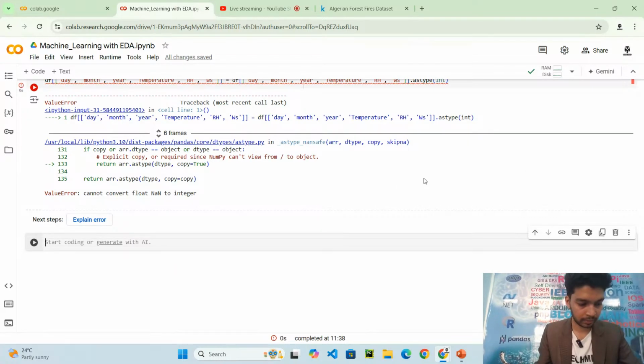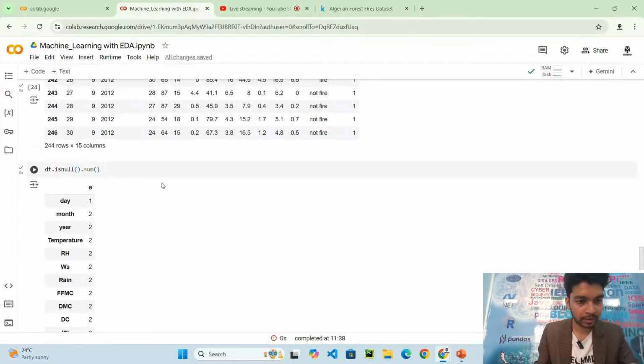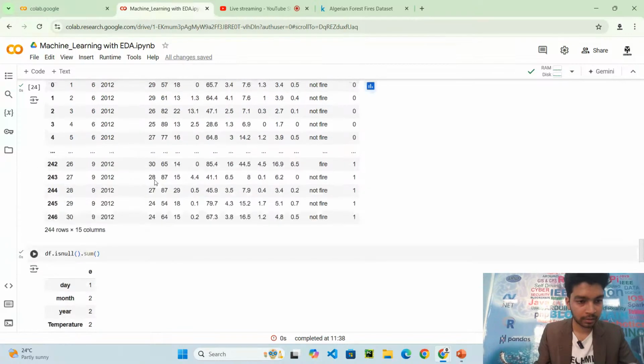there's a problem: cannot convert NaN. So I think there is some problem with the column.